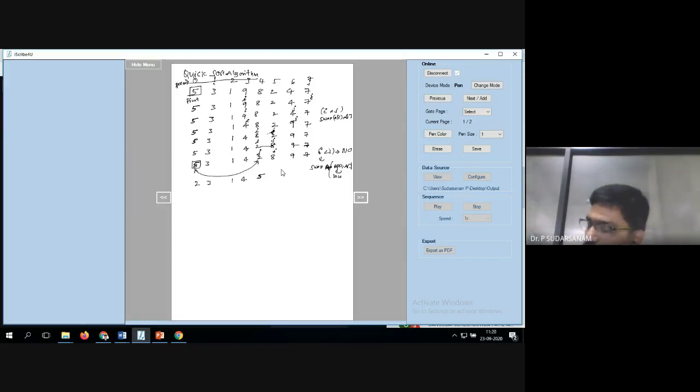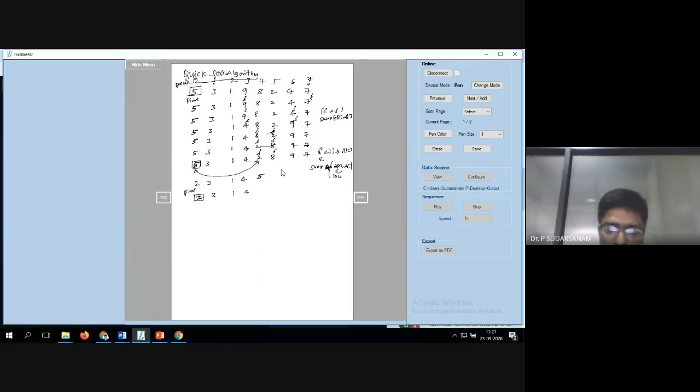Now what you have to do is take 2, 3, 1, 4. Again you have to take 2 as the pivot element. Now this is called the partition. In merge sort, the array is exactly divided by 2, but here it is not exactly divided by 2. So based on the value, sometimes the left hand side will have only a few elements and the right hand side will get the maximum elements. But here we have to do it according to the pivot element. So lesser elements should come to the left hand side and greater elements should go to the right hand side. That's what you have to do.